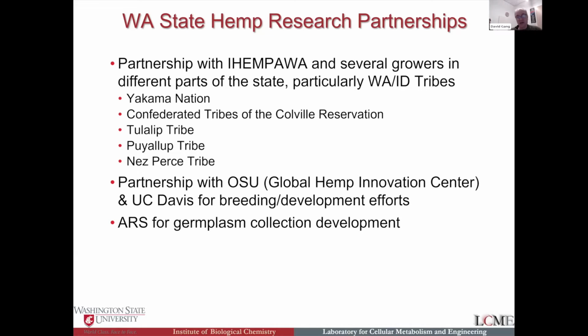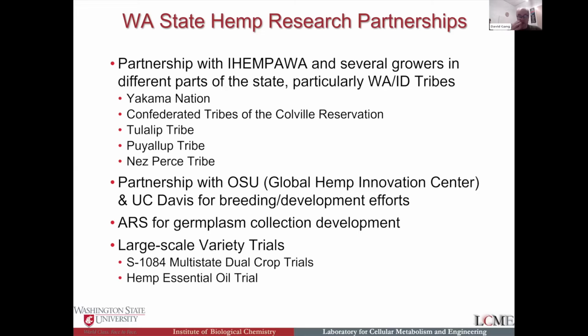for details. For those that are not familiar with this system, I'll give you a brief overview of what it is and how it functions, and talk briefly about what we're doing to help contribute to that. And I think it's a great effort and an important effort for us to be involved with that. And finally, we're involved in many variety trials that are helping us both in our effort to figure out